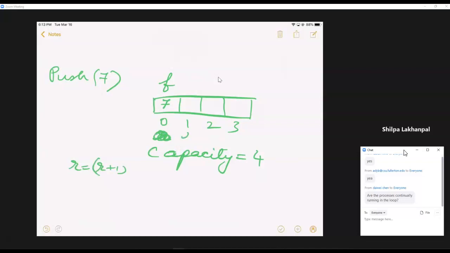Move the R to the next location. Then a series of pushes will do the same. Put the element here, move R next. Put the element here, move R next. Now supposing a pop is called,